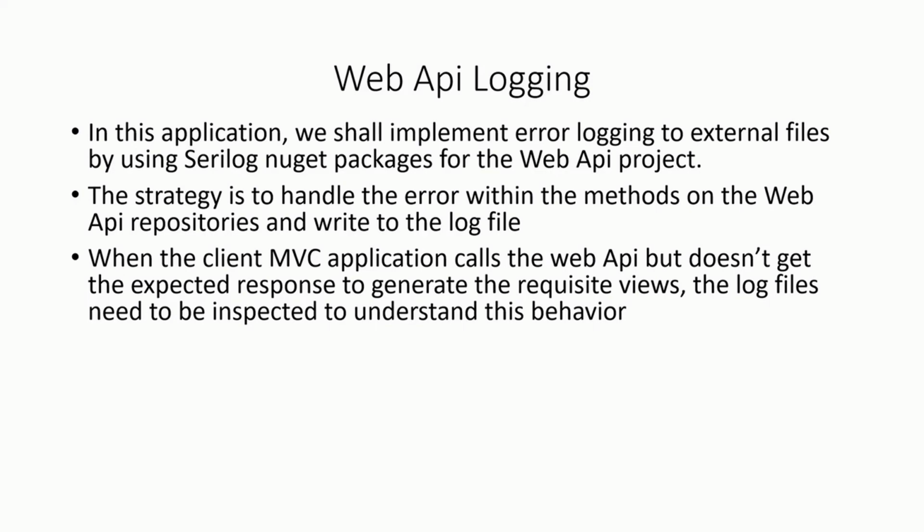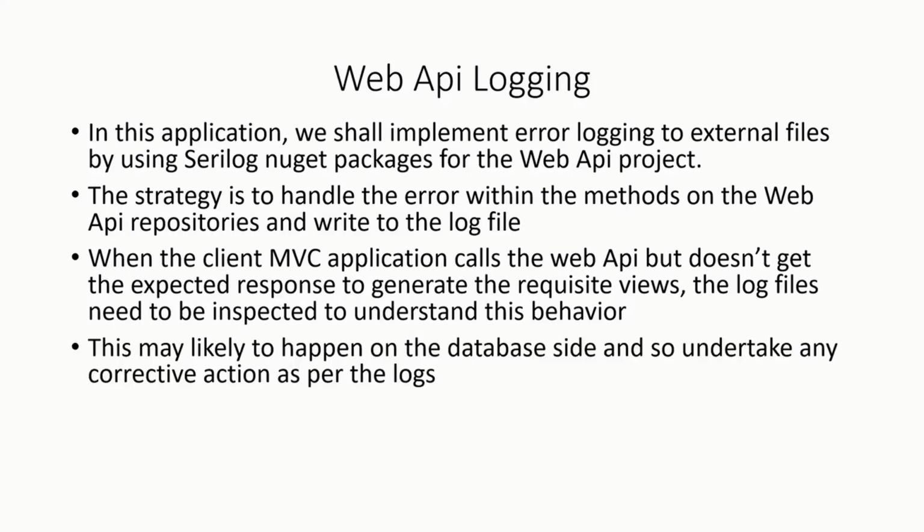entire application, where the MVC client gets its response from the Web API, if the Web API handles those errors and logs those errors, and if that expected behavior on the client side is not achieved, like in terms of the browser rendering of some form or some information, then you need to inspect the log files. This is most likely to happen on the database side, so undertake any corrective action as per the